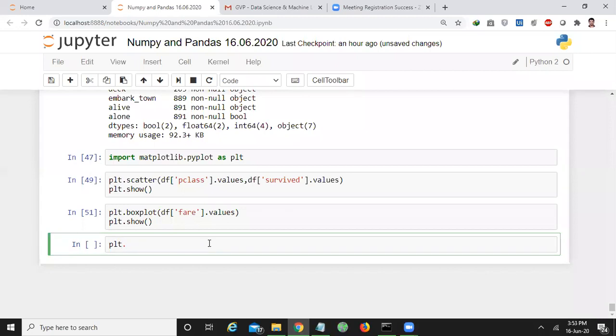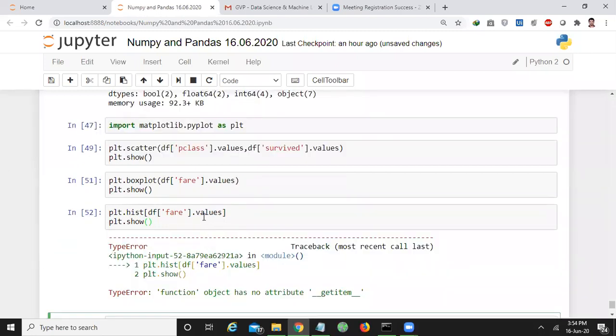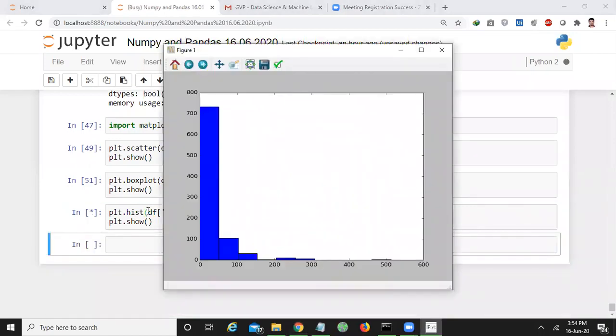Similarly, we can have histograms, that is df of fare dot values, plt dot show. dot hist of, yeah, parenthesis we have to give.